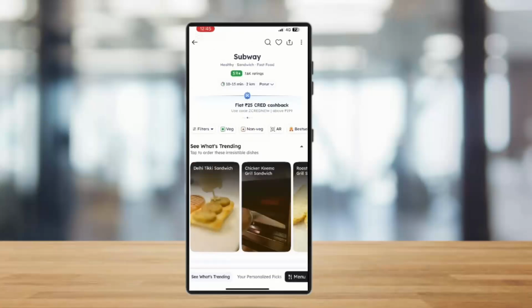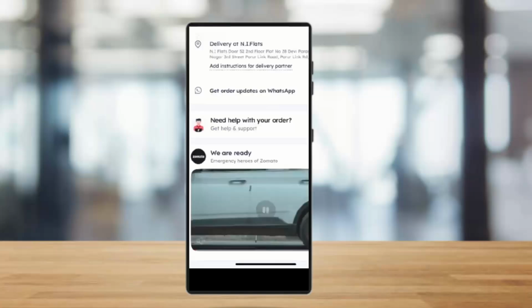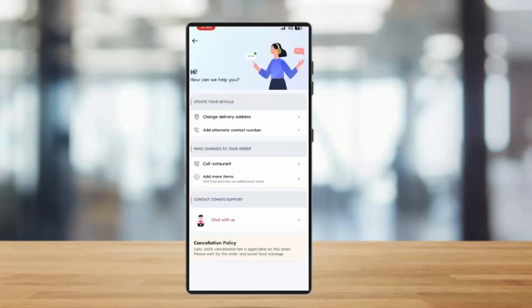After you have done this, choose a specific order to cancel, and this option is typically found in the top right corner. After you have done this, simply select Chat with Us to start a conversation with customer support and inform the support agent that you wish to cancel your order and provide a valid reason. Now follow any additional prompts to confirm your cancellation, as there is no typical button to simply cancel your order